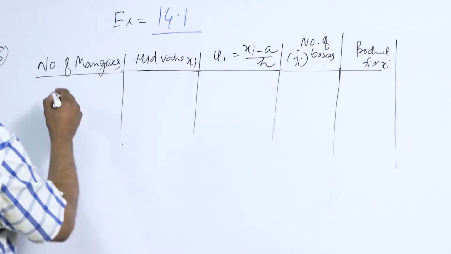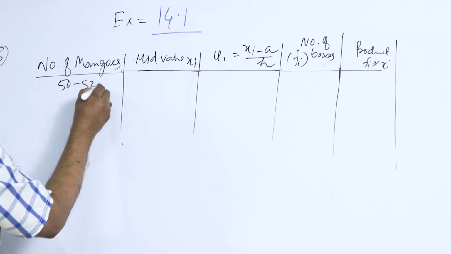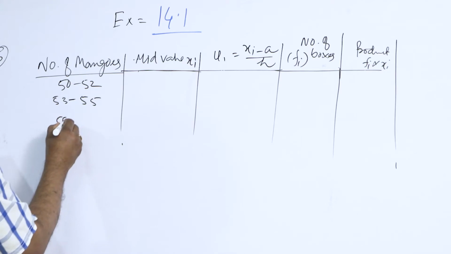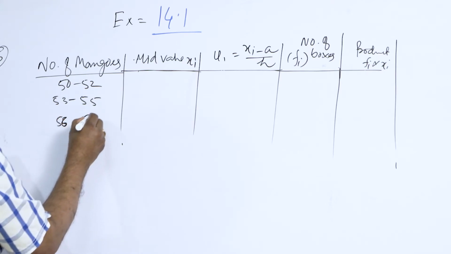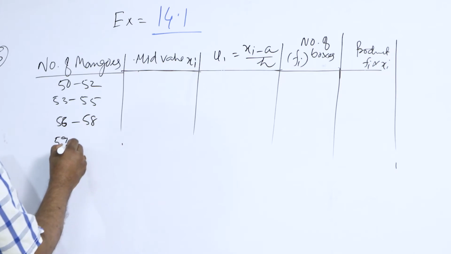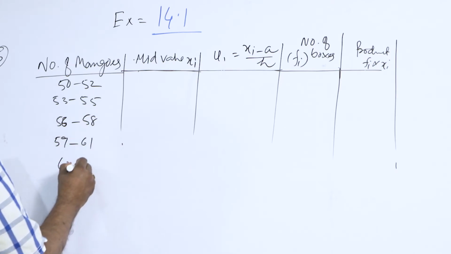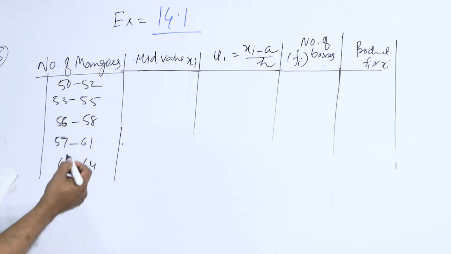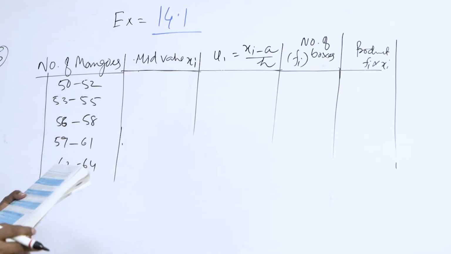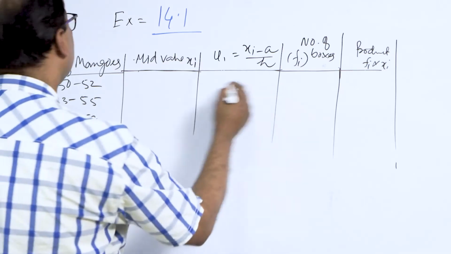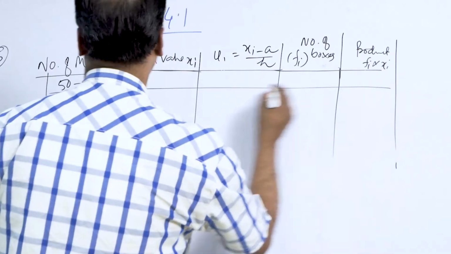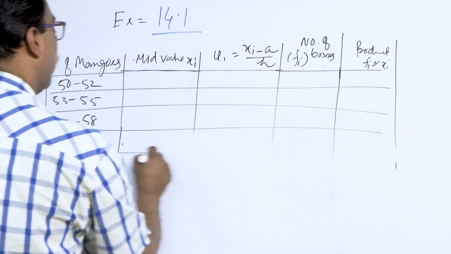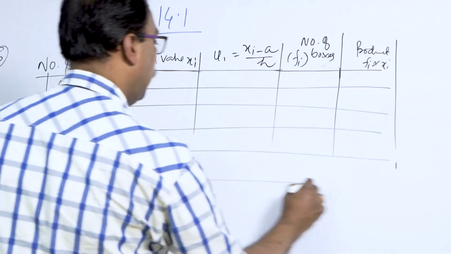Now the number of mangoes is 50 to 52, then 53 to 55, then 56 to 58, then 59 to 61, 62 to 64. All are included. That is called inclusive, because it is not exclusive or continuous. We do not require that much, but if you want, you can do it. For the number of boxes, you can make the boxes first like this, so that one data does not overlap the other. Separate with a horizontal line, which we call forming a table.